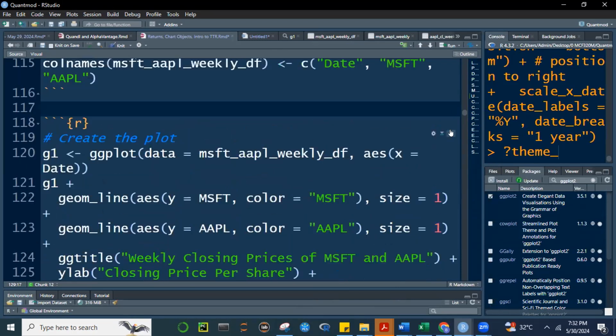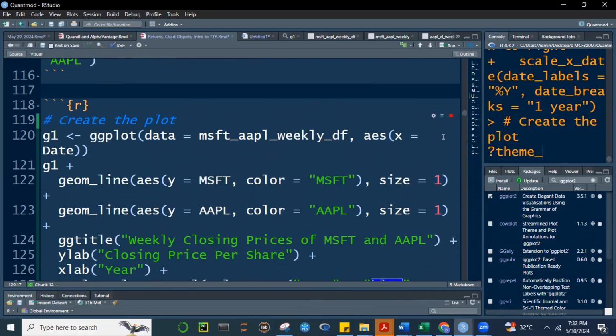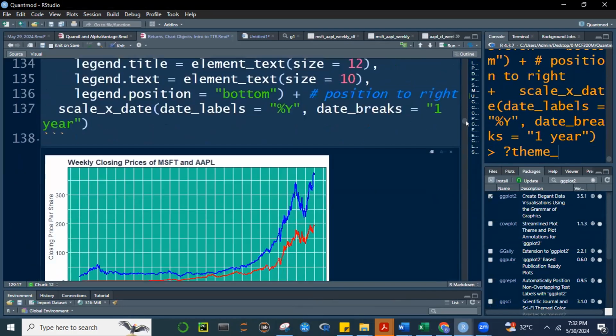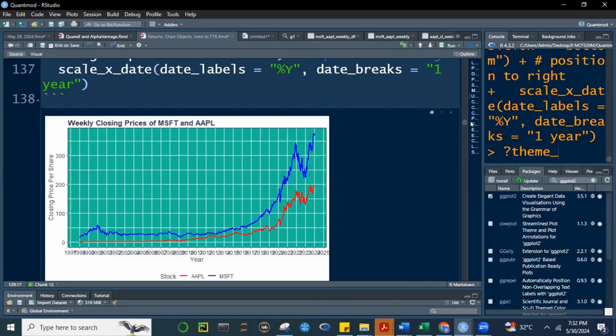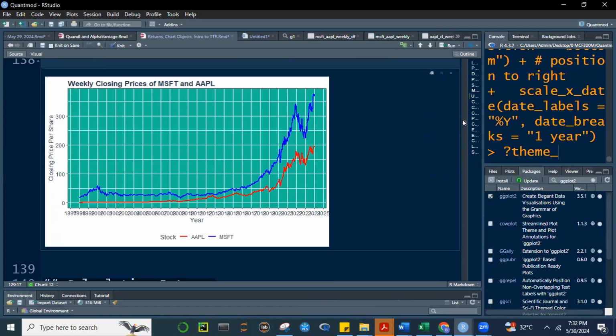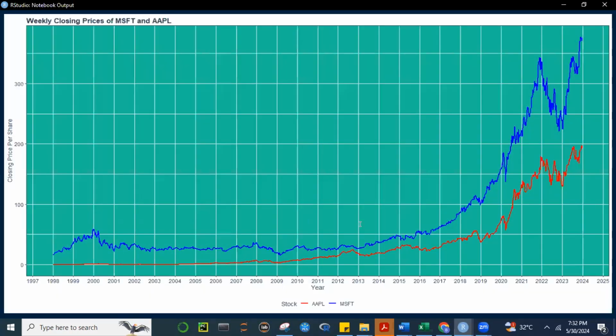There's also a dark theme, right? So what I did there, the background is green. Okay, right? So it's up to you really to explore what's possible. Tidy quant has grid lines. You can see here our legend at the bottom, we can move it to the top. Looks okay, but the green color combination is fine, there's blue which is your Microsoft,